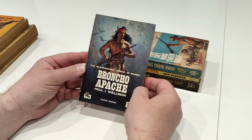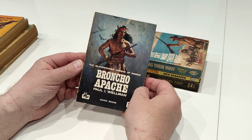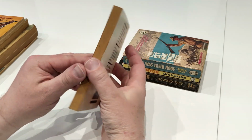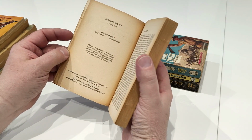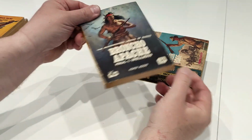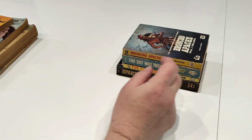Bronco Apache, the blood-stained legend of the Maasai. Once again, really, really nice jacket on that one. First print in 1962. It's a little bit later, this one. And the last of the